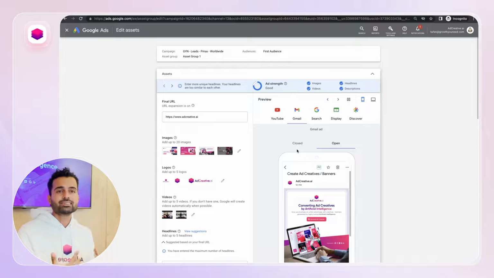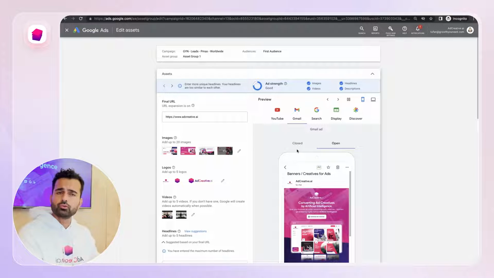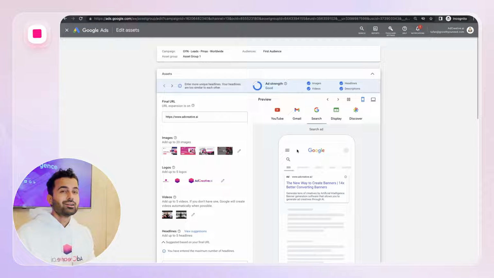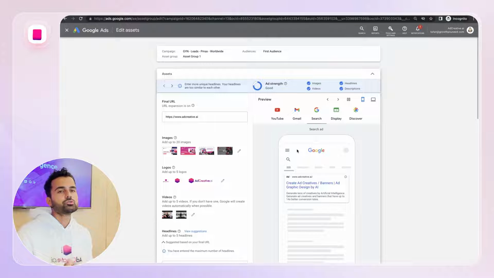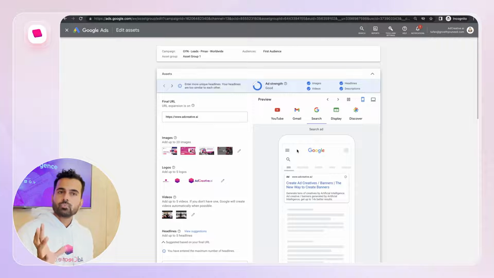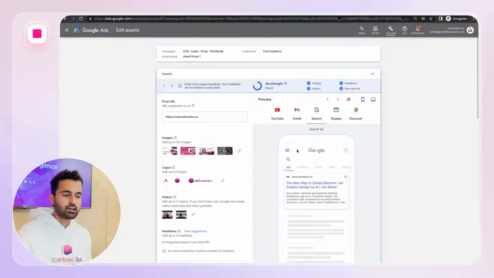Google Performance Max is also working on search, on Gmail, on YouTube, on many other networks. But ideally, although it's search, you will see that most of your impressions and clicks are actually coming from visual, like display networks. So basically what I'm trying to say is that the more visually strong your ad setup is, the better results you're going to get. Unless your product doesn't have product market fit, but if it doesn't, we shouldn't be here anyway. If your product has product market fit, it's something that can sell. In that case, what you need to be doing is testing a lot